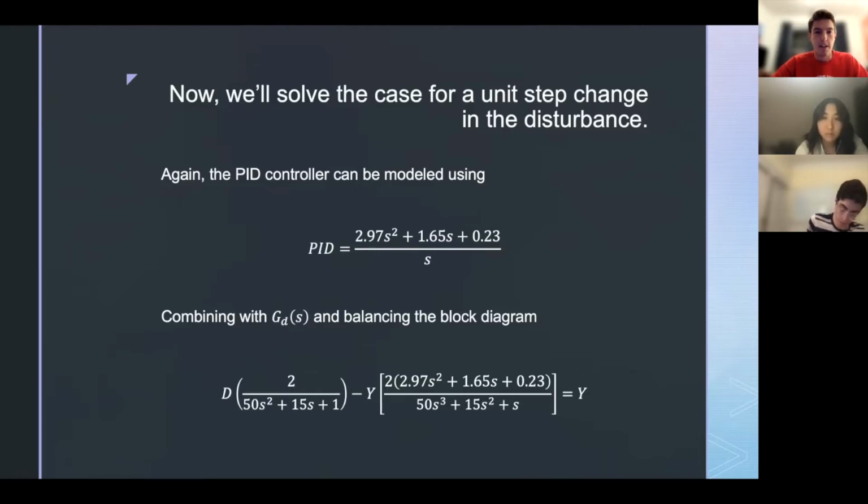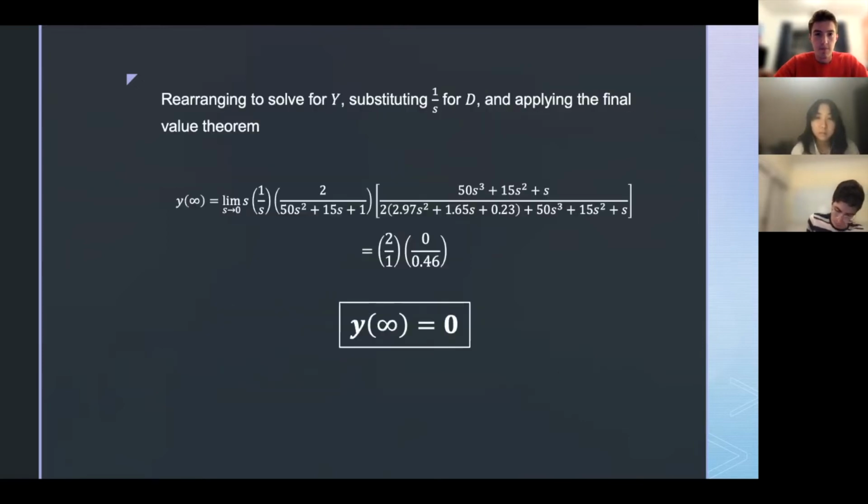So just to reiterate, our PID controller can be modeled using PID is equal to 2.97 s squared plus 1.65 s plus 0.23 all over s. Again, combining our disturbance transfer function and balancing the block diagram, we are left with this equation here. Rearranging to solve for y, once again,